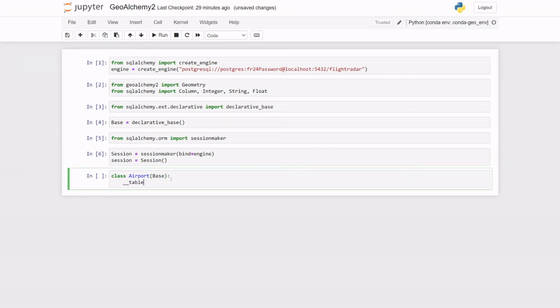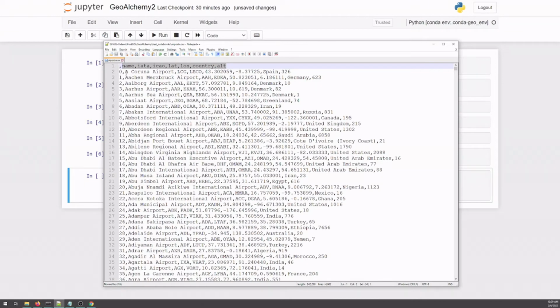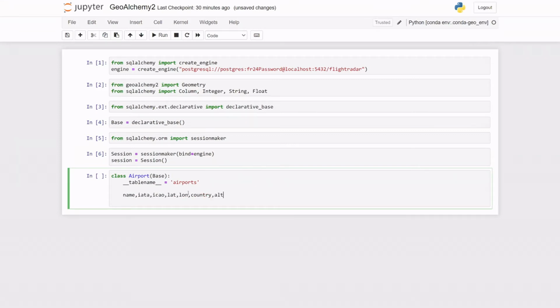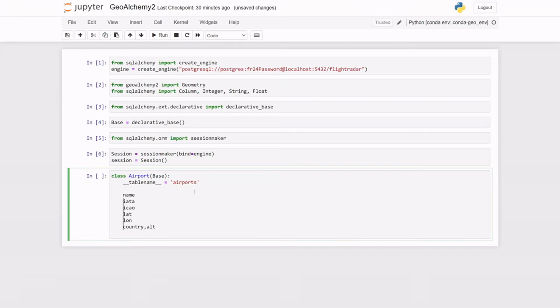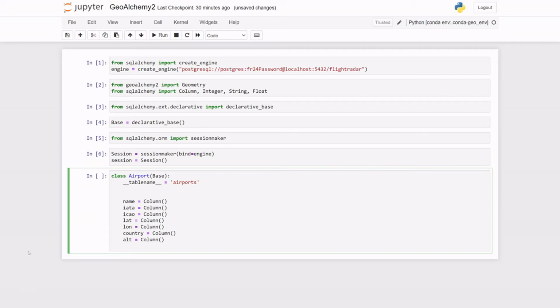We can give it the table name. So we'll make it the same table that we had before. And so the data that we're going to be working with is the CSV of airports around the world. And these are the columns. And so we're going to need to tell SQLAlchemy how to treat each column. So for each one of these, we have to let them know that this is a column of some type. So for the ID column,